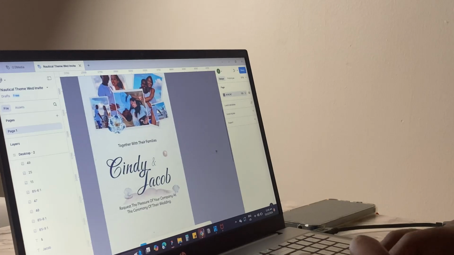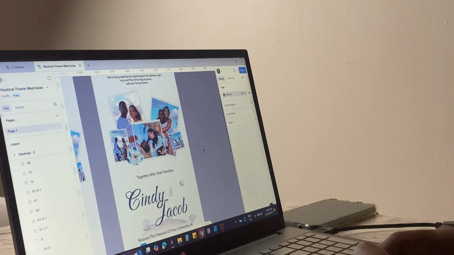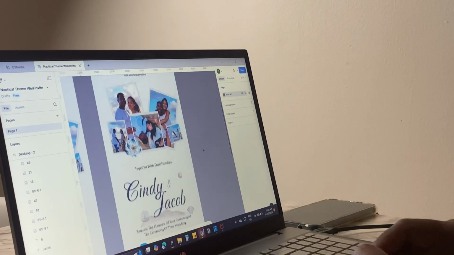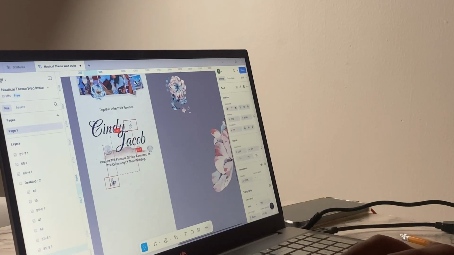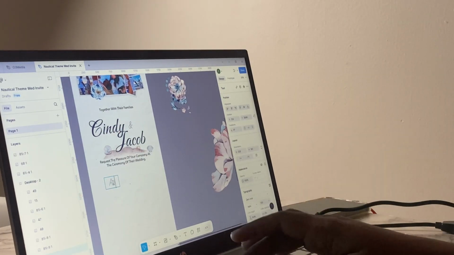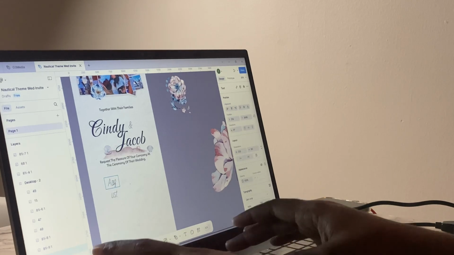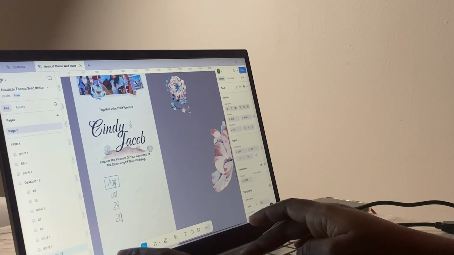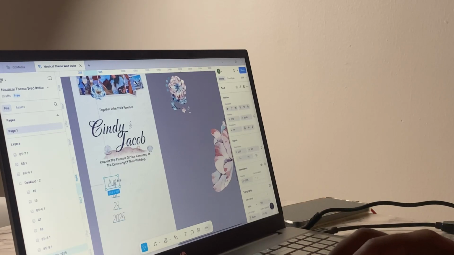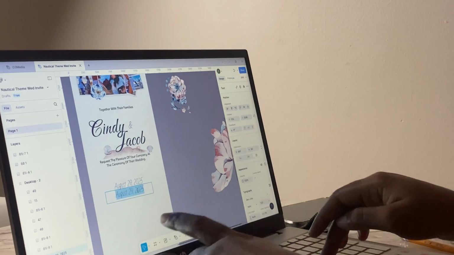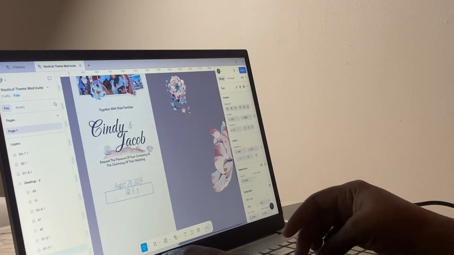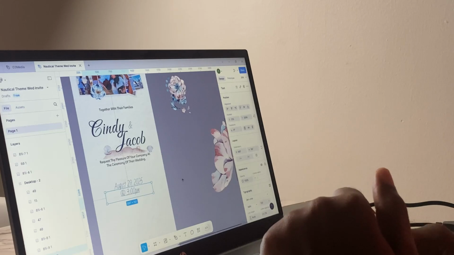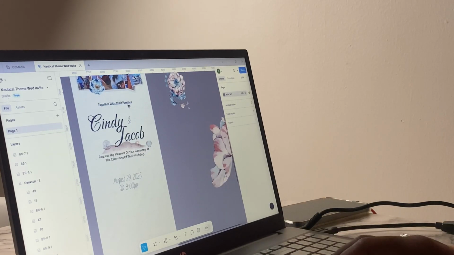I realized that I did make an error here. The names are Sydney and Jacob, right? But on the hero section of the website, the initials are J and C. And for any wedding invitation, the female name is first and then the male name, right? I'm assuming because the female takes the male's last name, so his name is last to represent that. My assumption, but yes, I learned that while creating this website. So you'll see at the end of the video that I did go ahead and change the names just to match the initials, how they're set.